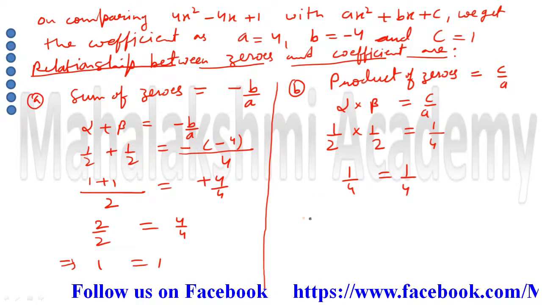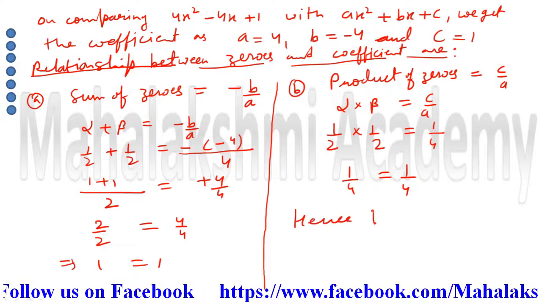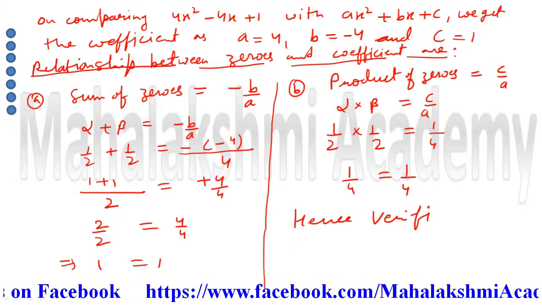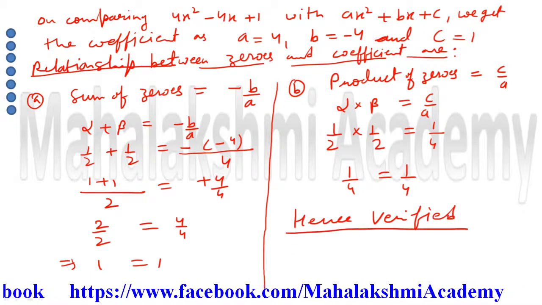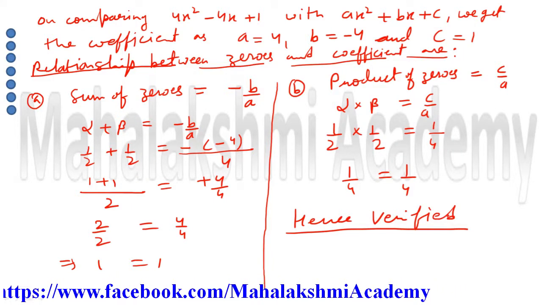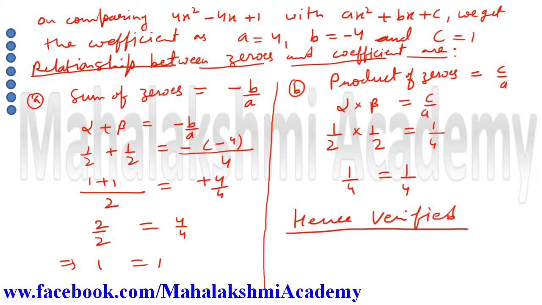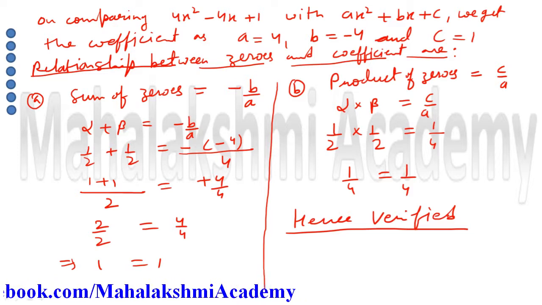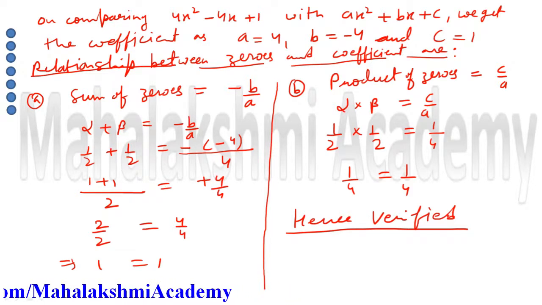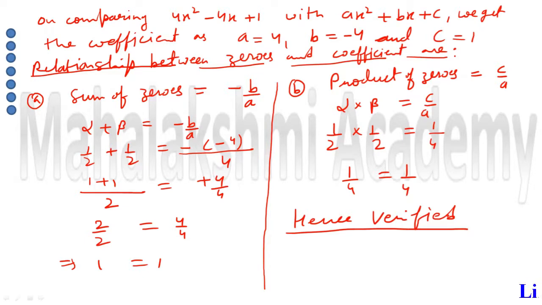So we can write here, hence verified. I hope this question is clear to you. And further, if you have any doubt, you can write in the comments so that I can clear your doubts. In this question, the factorization is very important, so understand the factorization properly. Just do the rough work and roughly find out first what you want to get as factors, and then do it. You will easily get it. Thank you.